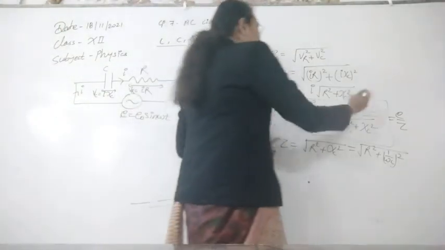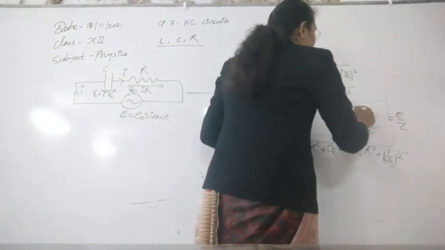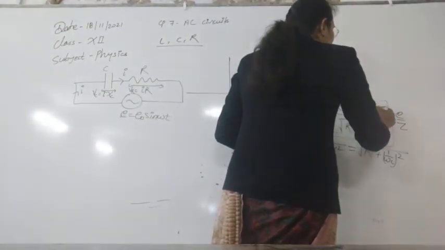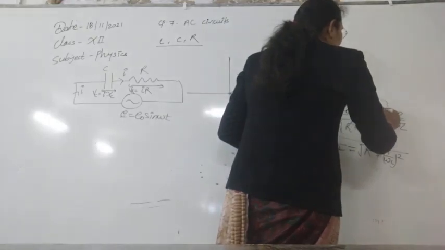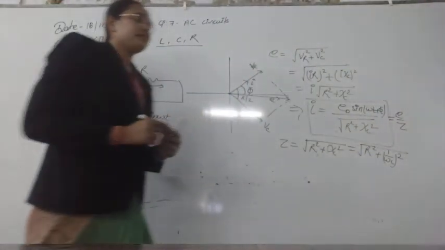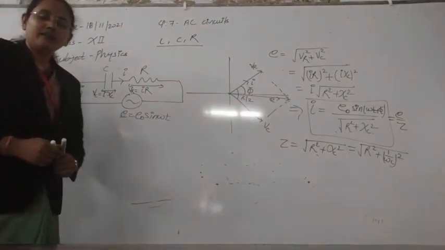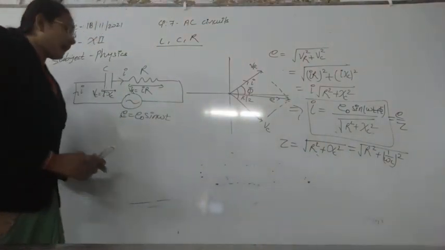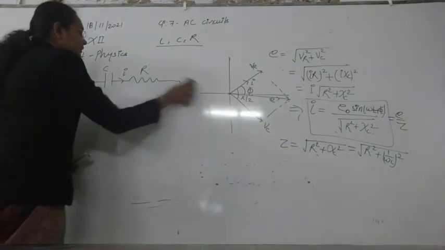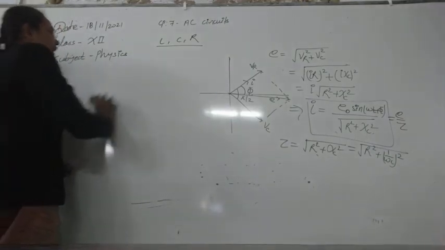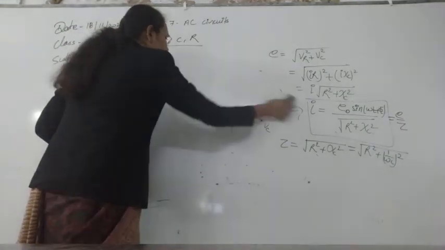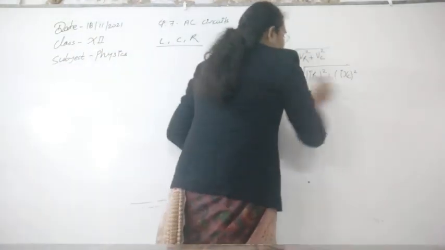So here we can also write I is equal to I0 sine omega t plus phi, where phi is representing the phase. So we can understand easily, whenever we have an LR circuit, the circuit will have a tendency to behave just like an inductive circuit, and whenever we have an RC circuit, the circuit will have a tendency to behave just like a capacitive circuit.